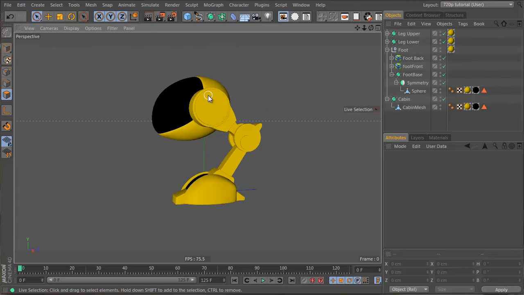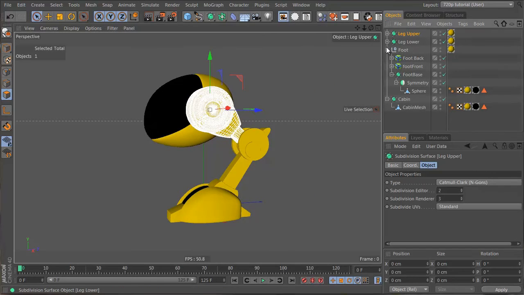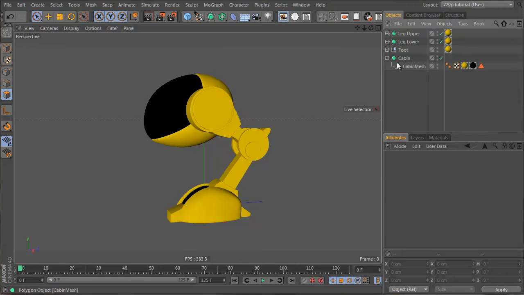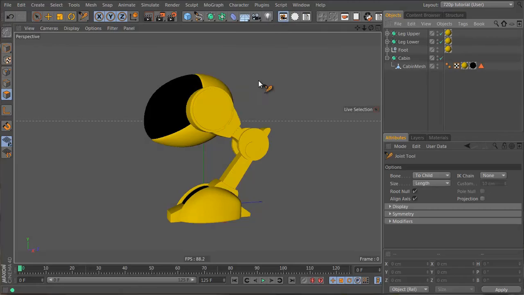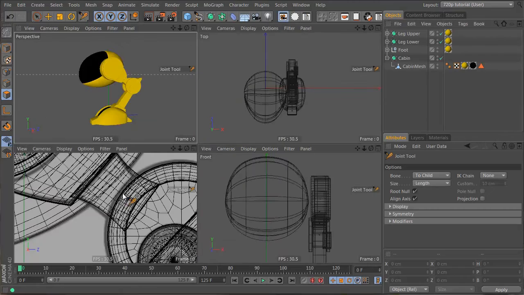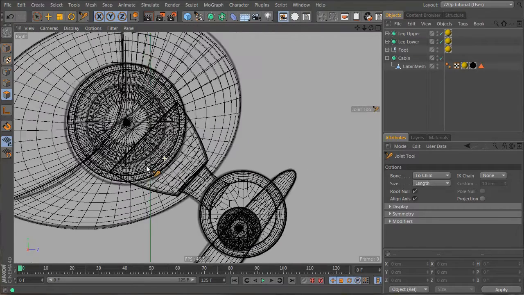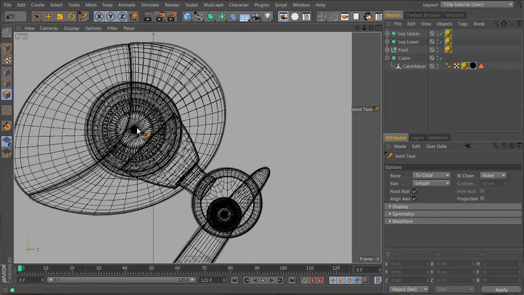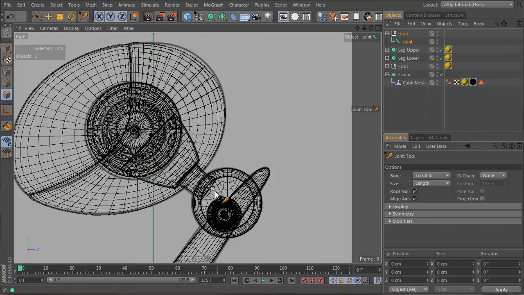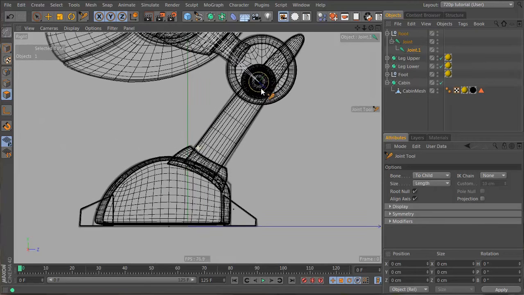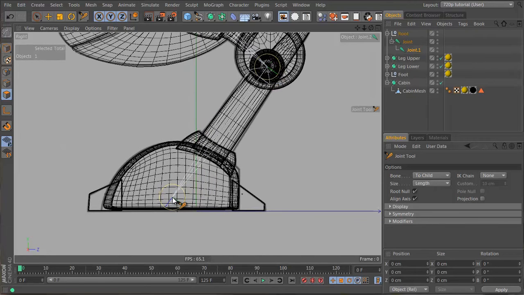So how do we rig it? Now we're going to start actually adding bones to this thing. So let's go character, joint tool. Let's go into our side view here, and we're going to control click, hold the control to make a new joint chain here, here, and just parallel down about